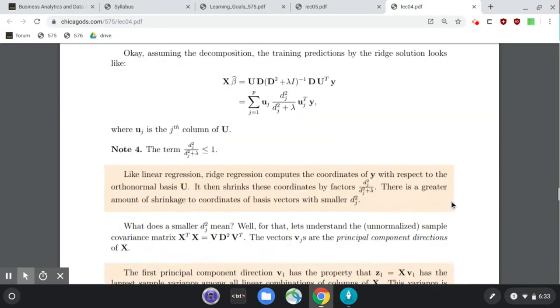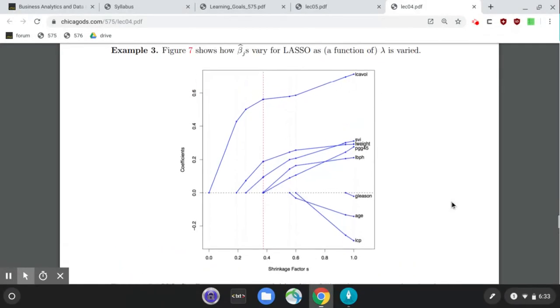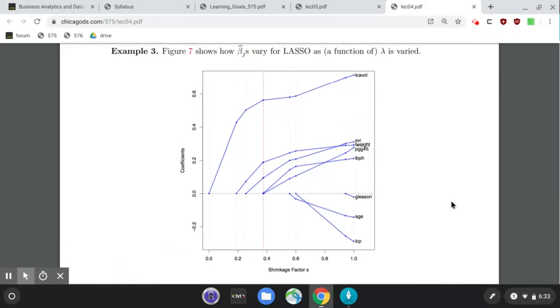the second one, which is this. Here again, when lambda is essentially zero, this is the same solution as before. When lambda is now increasing in strength, you will see that some betas are already set to zero. Some coordinates are already set to zero. And this is basically saying everything will be set to zero. If lambda is large enough, there's only one guy which will be non-zero, this LCA volume or whatever, and everything else will be set to zero. So there's some sort of a soft control on which features are to be included for prediction. It depends on your preference as well, and how you choose lambda is based on cross validation.